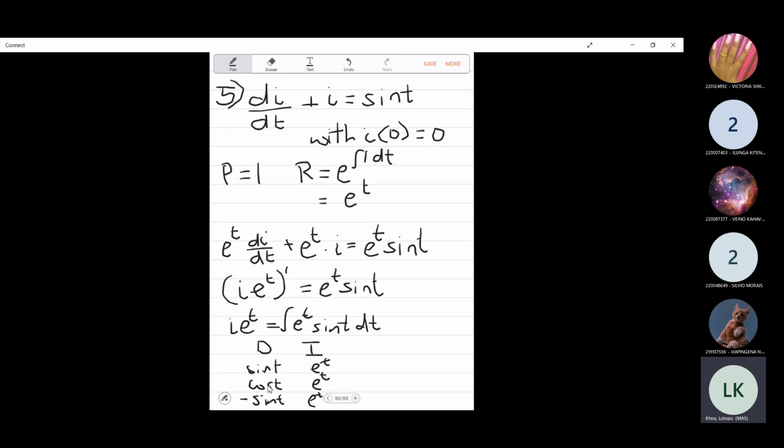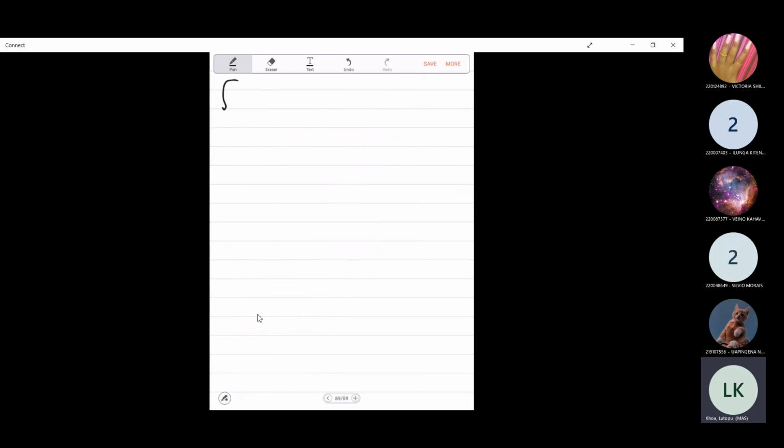Okay, so you can see that the pattern will just continue, and I stop here because sine t e to the power of t is exactly what I have over here, except this one will be negative, and then I can take it to the other side to give me 2, and then I divide by 2. Here we should take note of the integral of e to the power of t times sine t dt,